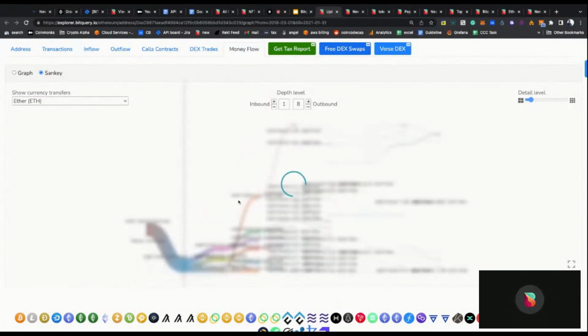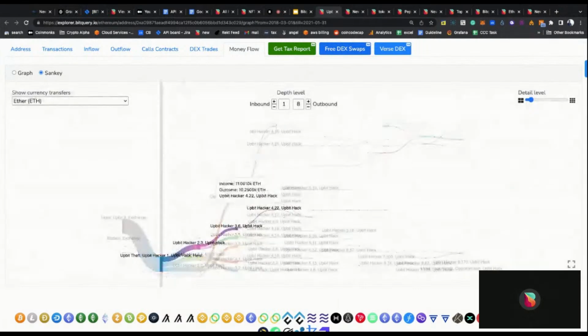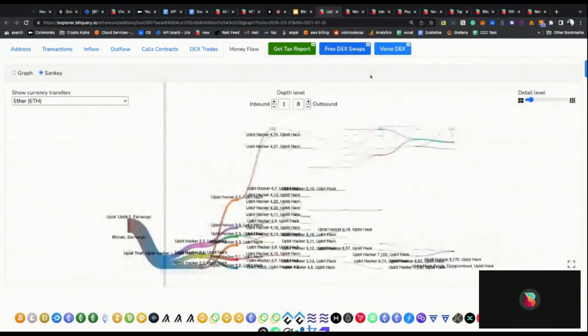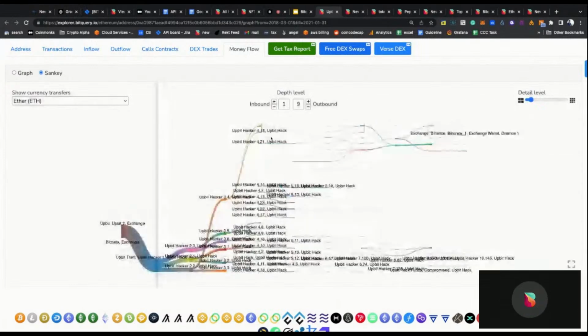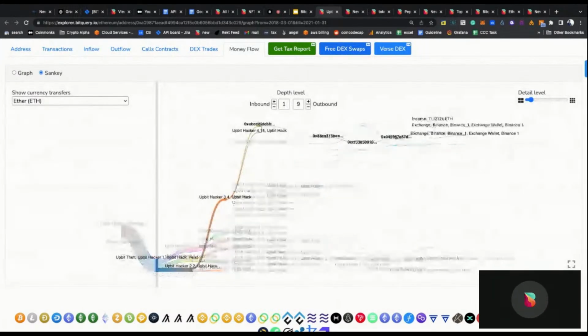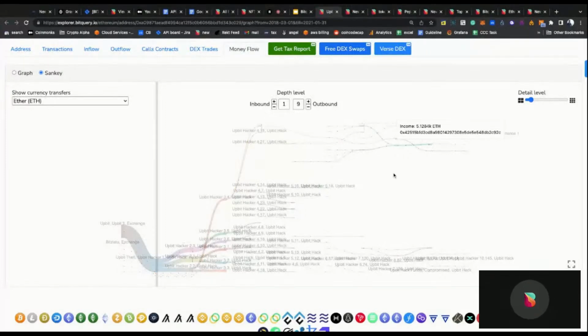For example, yeah. So this is the ninth hop. So we are just tracking the ninth hop in terms of money transfer. And you see some money, not some, it's like 11,000 Ethereum went to a Binance wallet, or a wallet which is tagged Binance in our database. So yes, this way it becomes very easy to follow money actually.